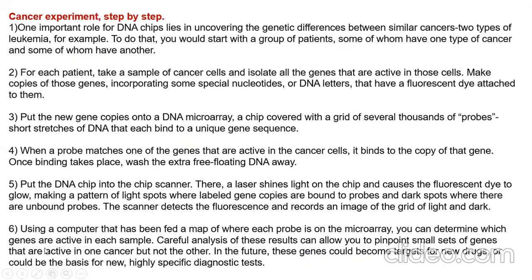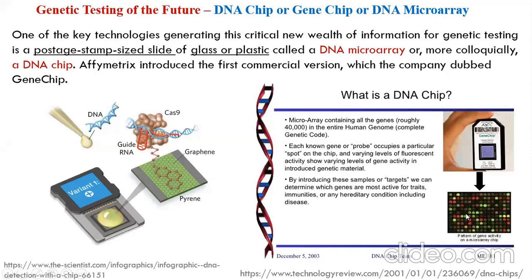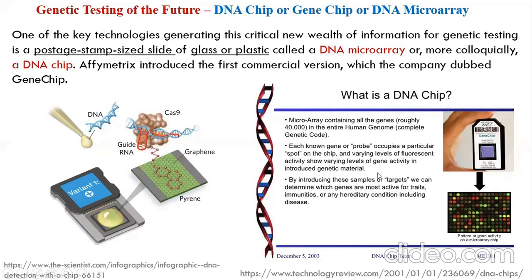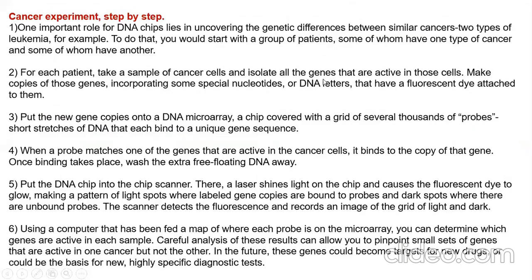How the DNA chip works, this is the text, you can go and read. Small concepts have been well explained here. It is one of the cancer experiments, a kind of hypothetical situation. They have taken a step-by-step approach to how the DNA chip works. What are the probes? You look into how the probes bind to the DNA. For short answer questions, you can look and write this. But I will take this in more detail in the functional genomics chapter, when I talk more about microarray, and explain how the method works in more detail.